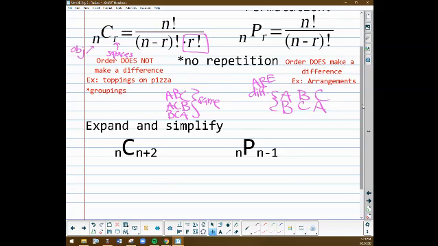So NC, N plus 2, let me plug everything in. N's going to go in the spot for N, so N factorial over, okay, N minus R. This whole thing is my R. N is my N, so I'm going to have N minus (N plus 2). Don't forget those parentheses. That whole chunk is my R. Times R again, which is (N plus 2) factorial. Oops, I forgot the factorial right there. There we go. Okay, now we want to simplify that